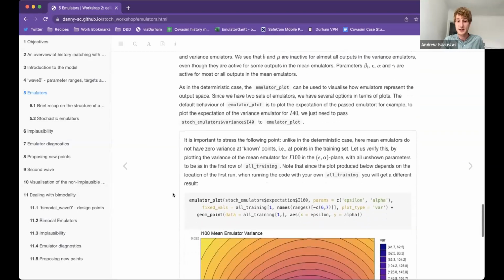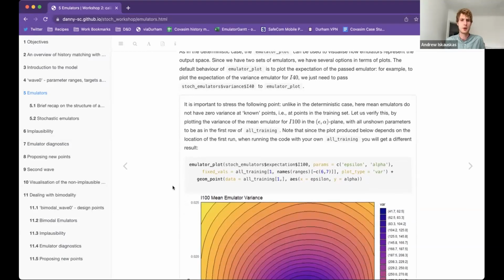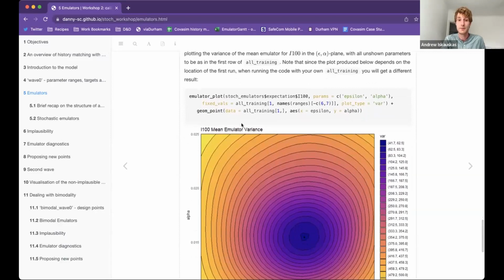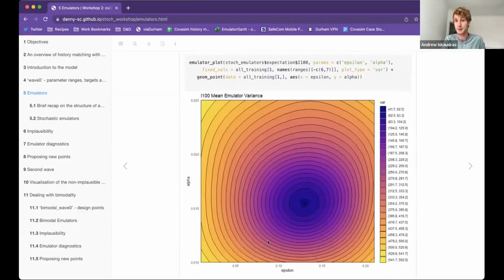As with yesterday, we still have all of the other plots. In particular, we spoke a lot yesterday about emulator_plot, which is our go-to way of plotting out the information in slices of our region. And this can hopefully give us some indication of what's going on without having to run loads of model runs. We can use the emulator predictions as a surrogate. And it has the same sort of form here. We can give it any of our emulators. In fact, we can give it sets of our emulators, and we can tell it which parameters we want to slice along. So here we're plotting with respect to epsilon and alpha,